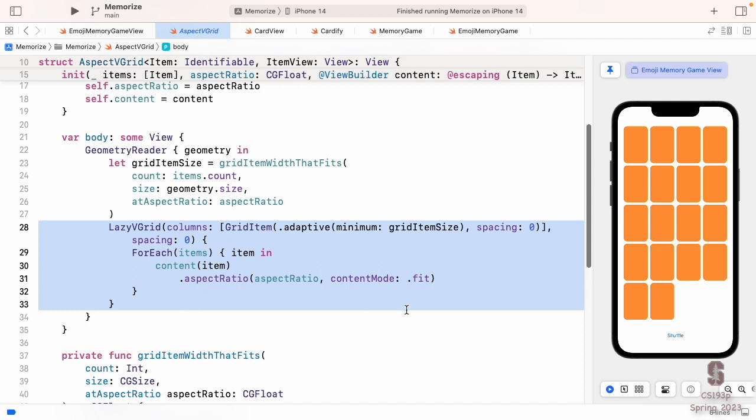That's causing the lazy V grid to reposition all of the views inside of it because the for each has changed its order, just using the position view modifier. All that's really being animated when I click here is the arguments to the position view modifier inside the implementation of lazy V grid, which we can't see, but still all view modifiers that change are being affected here because we're explicitly animating everything that changes with that user intent.